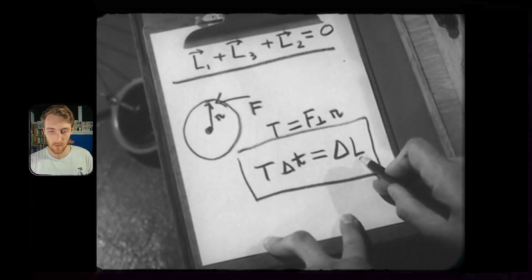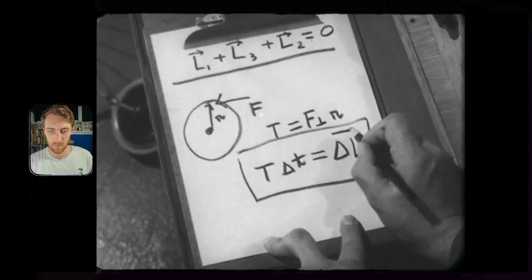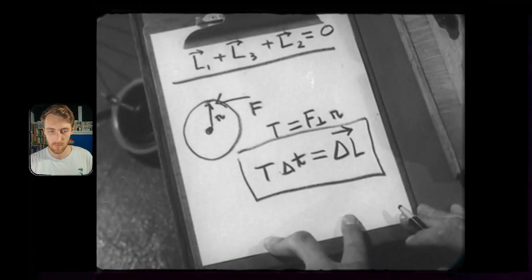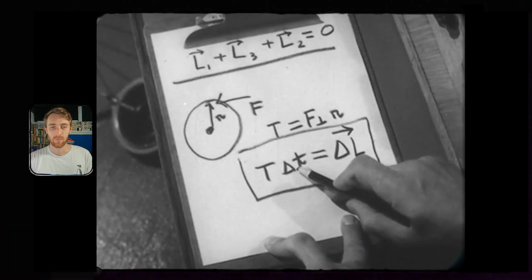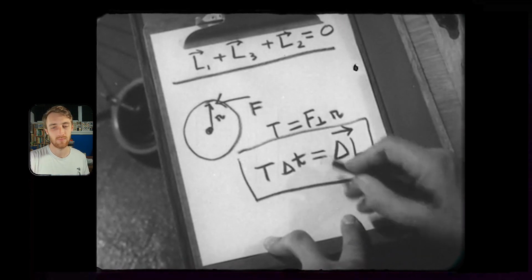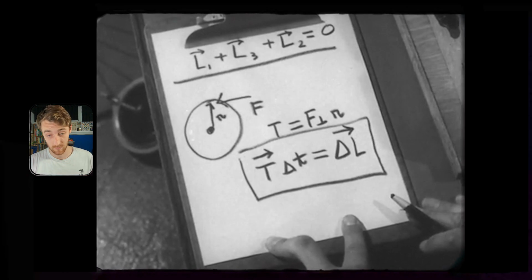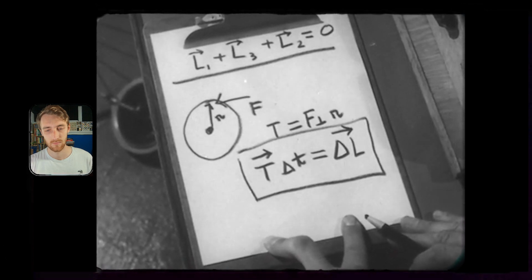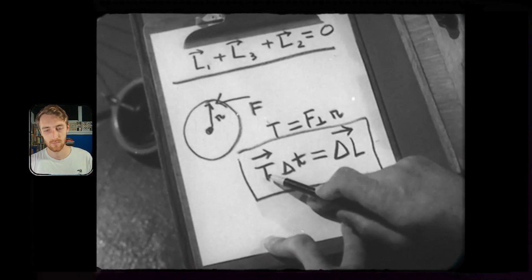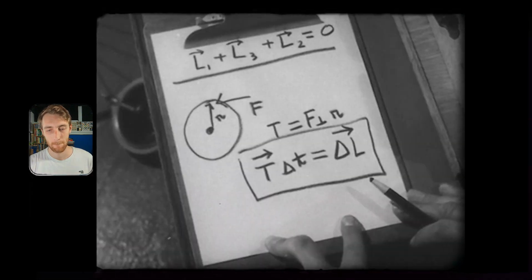But angular momentum is a vector, so the change of angular momentum is a vector. And we expect this to be a vector equation. There's no vector nature in the time, and so the torque must be a vector. We know its magnitude, and now we have to find out about its direction. We define the direction of the torque in the same way as we did for the angular momentum, using a